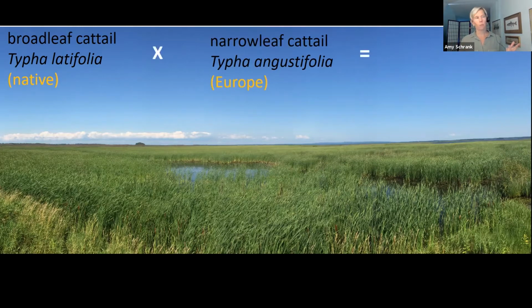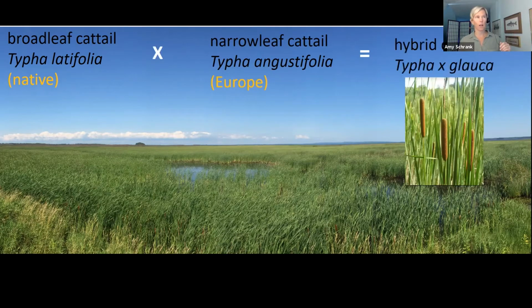The real problem comes when these two species cross and you get the hybrid cattail, which is called Typha x glauca. That's the species that tends to be a really aggressive invader and can grow in these really homogeneous monoculture stands. So they exclude other plant species. And in some cases, the buildup of the litter, right, the dead cattail, can actually terrestrialize the environment. So take something that was once aquatic and it becomes more terrestrial. So fish really can't live in that space anymore. So that's what we're talking about when we talk about hybrid cattail.